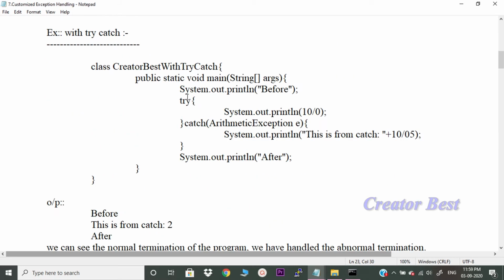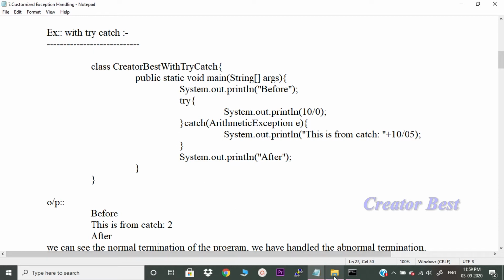See what I did: the first System.out.println, I have taken normally. I didn't put this statement in the try block. The System.out.println of 10 by 0 is the statement which is causing the exception, so I kept this statement in the try block, and in the catch block we try to handle that exception.